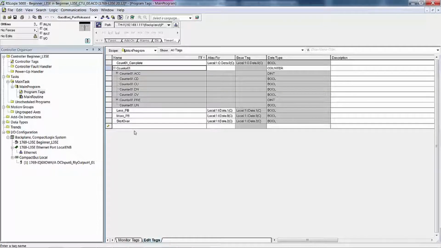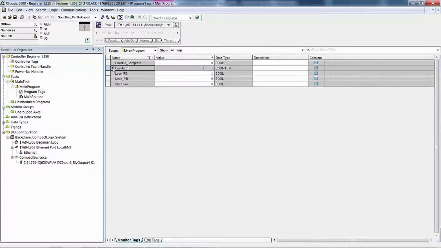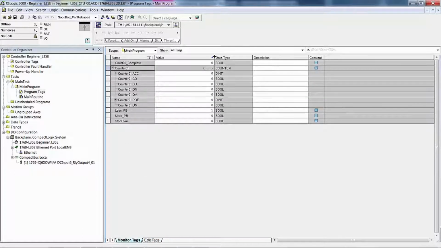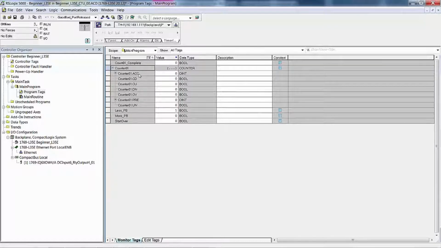I had you open up the counter, and we could go back and do it in the monitor if you like that better. So you can see that there is only one counter data type used, one instance of that class of objects. That's the only counter data type that you can find. If you look down through the data types there, you only see one, counter 1. This is a data object, counter, made up of the members .acc, the accumulate, which is a double integer,